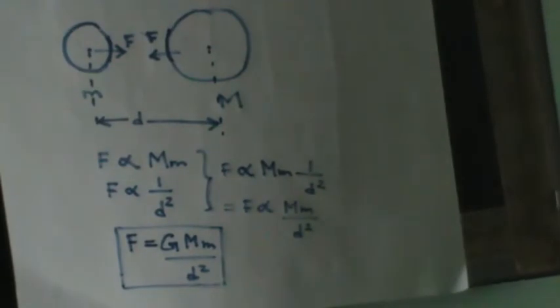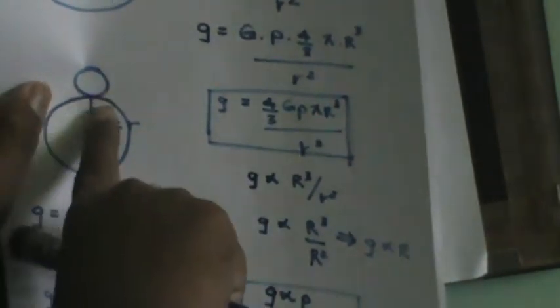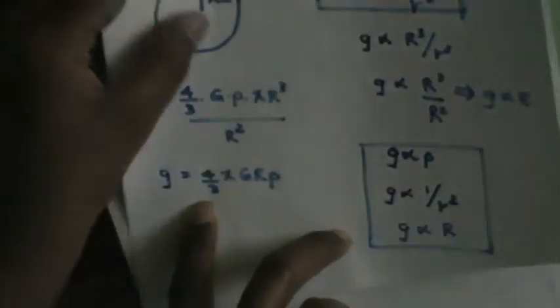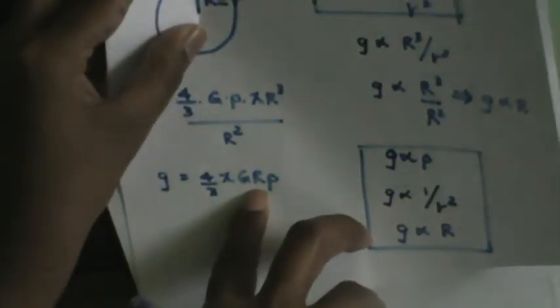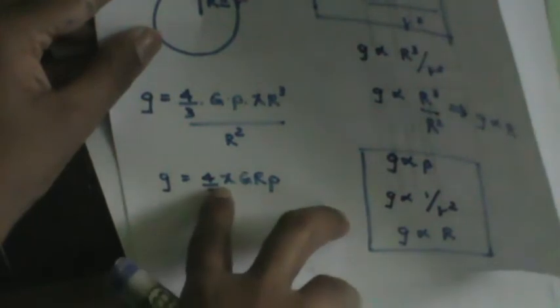Now in the last videos, if you have not watched those videos, I again say to watch those videos and come back here. In the last videos, what we found was that when an object is like this, at some point of contact, we can find a relationship that g is equal to 4/3 times pi times G, r and rho. The gravitational acceleration is equal to the product of 4/3 pi G, r and rho, where r is the radius of the large object and rho is the density of the large object. So what we found was that the gravitational acceleration is directly proportional to the density of the large object and to the radius of the large object.